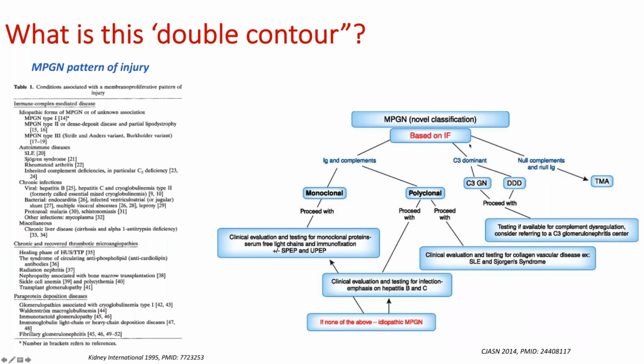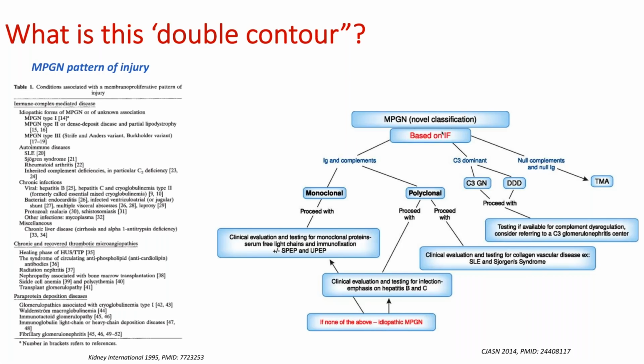Based on immunofluorescence, the moment you see an MPGN pattern or a double contour, the next step in the algorithm is to look at the immunofluorescence pattern and see whether there is immunoglobulin and complement there, and then tease out whether it's monoclonal or polyclonal. The second branch is whether it's purely complement dominant or there is no complement